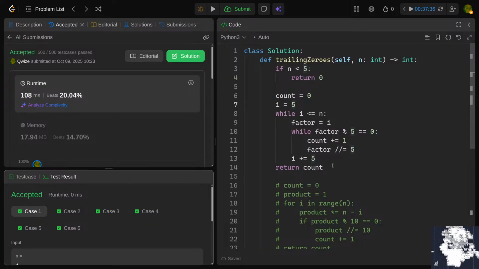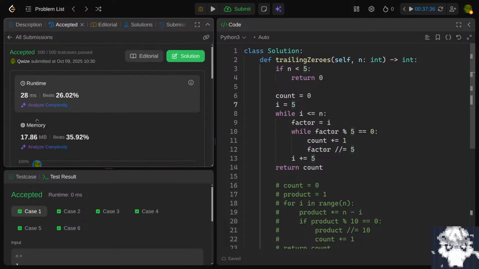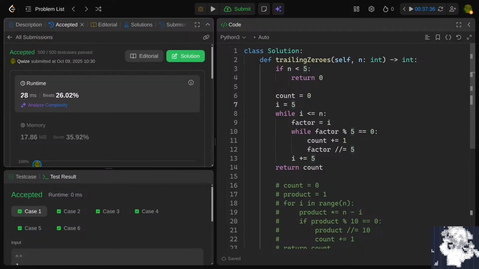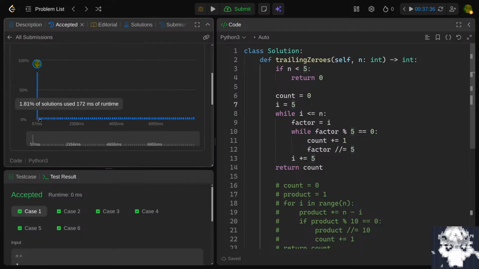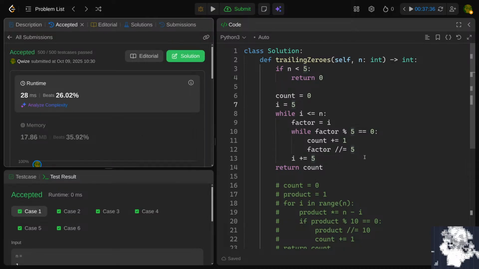Okay, this is only 5 times faster. It's not going to make it logarithmic. But that's probably going to put me at the left side, yeah. Oh, no, actually, I still only beat... I mean, this graph makes no sense. 80% used 57 milliseconds, and I used half of that, and I only beat 26%. I guess it's because it buckets them all together in the graph. Anyway,